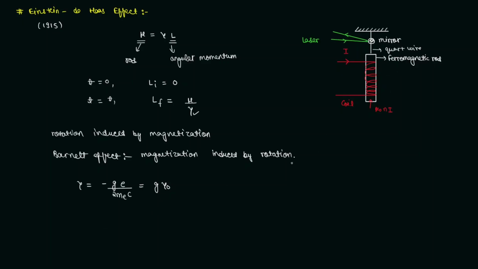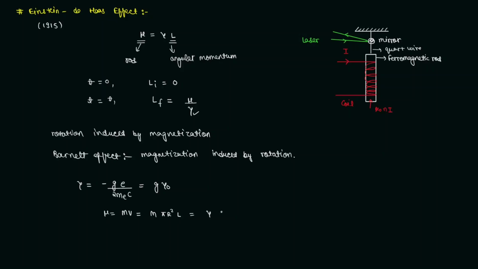Now this ferromagnetic rod, I can assume as a cylinder with magnetic moment mu equal to the magnetization times the volume, which will be equal to magnetization times pi r squared L. Now if this magnetic dipole is associated with charge circulation, then this mu must be equal to